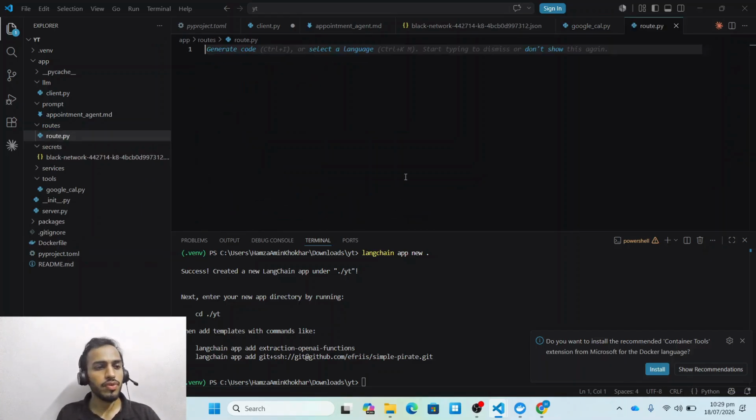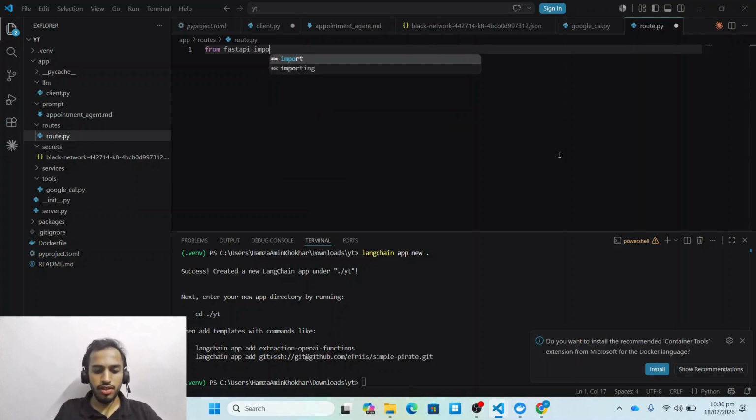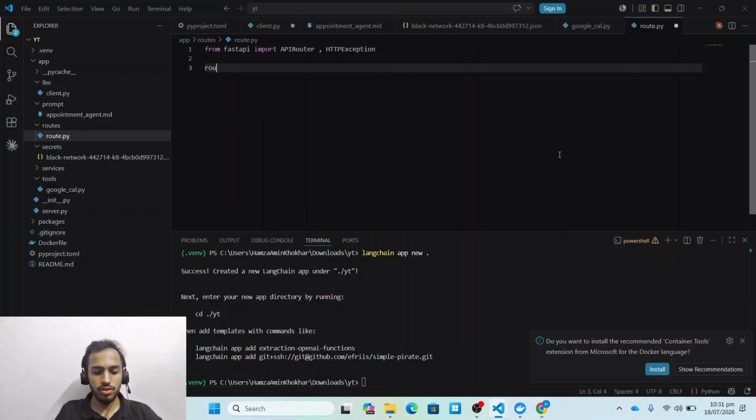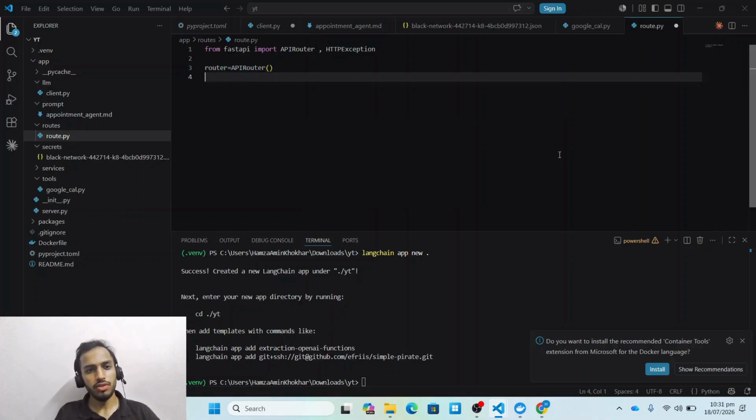Well, here we will use the API router and then make the route. Okay, so here first of all we will import the FastAPI, and we will import the API router, and then if there is some sort of exception we would also need to cater that. Okay, so after this we will say router is equal to APIRouter, and then